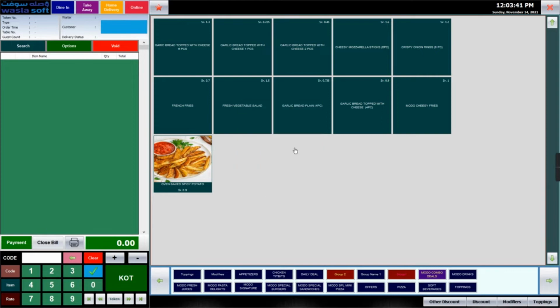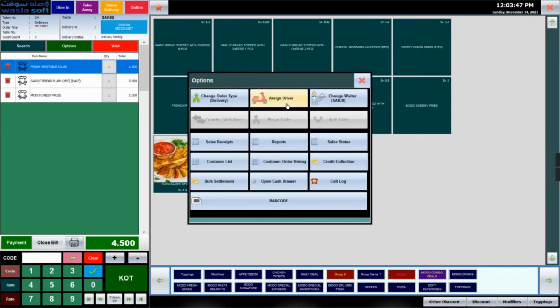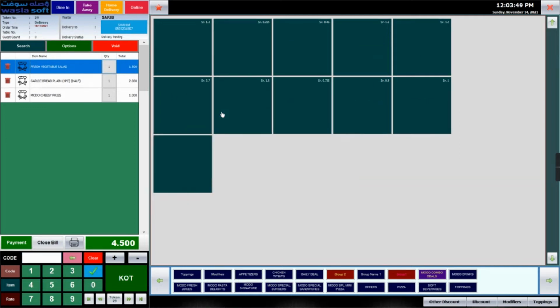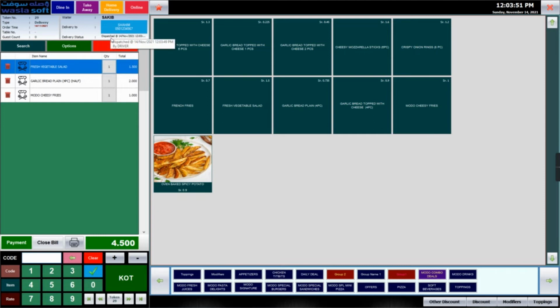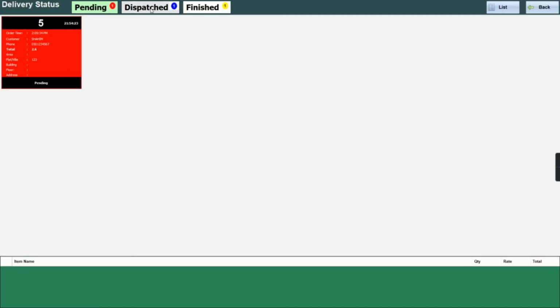Search, home delivery, this item, options, assign driver, select the driver. So now you can see it is dispatched, and when you go to search under home delivery, this particular section will go to dispatch and it will show dispatched by driver at this particular time.